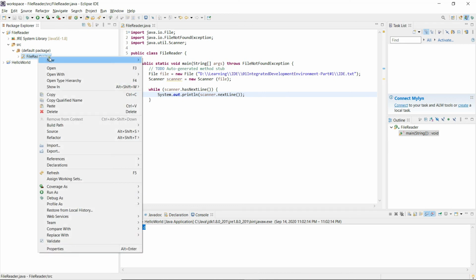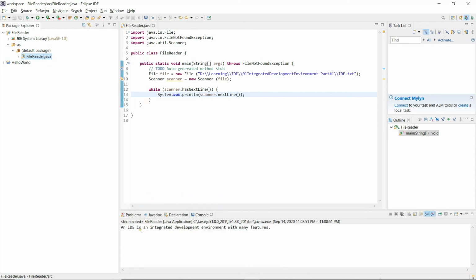Right click, Run As Java Application. If we see here, without any compilation errors, we are able to compile and run the code, and this is how the contents of the file that we are reading are printed to the console.